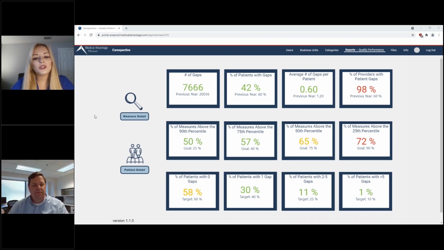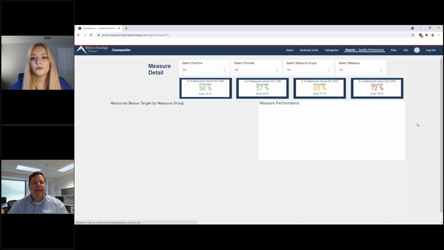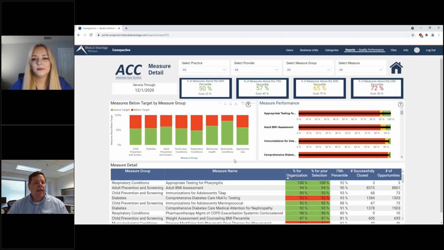Jim, how about if we start in the clinical category with quality of care measures? All right, so we have a dashboard that shows you your performance on a variety of quality measures. There's a dashboard that gives you an overall view of how you're doing against benchmarks or against targets that you set. And we're also able to drill down into specific measures or measure groups as needed for your enterprise. So right now we're looking at the HEDIS measures, and they're grouped by the NCQA grouping categories that